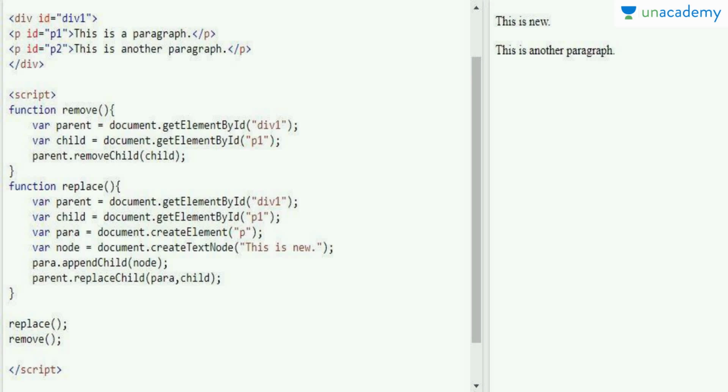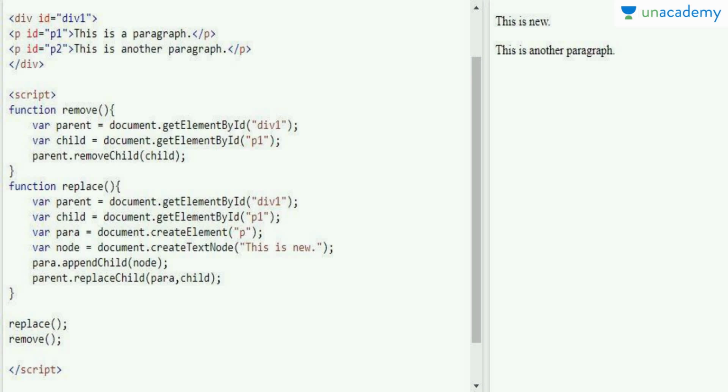After that I call the remove function, but because I have already replaced that child with some other paragraph, there is no child present to remove, so I can't remove that child. I have called the remove function, but it doesn't remove anything because there is no child present with that name or id.